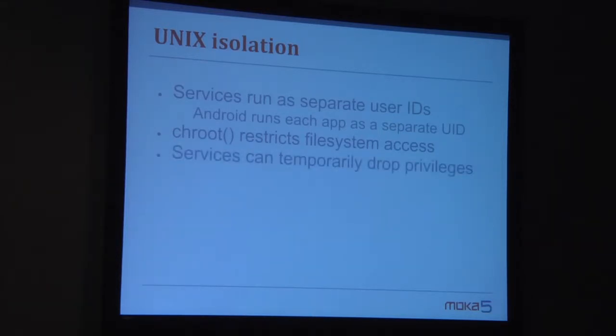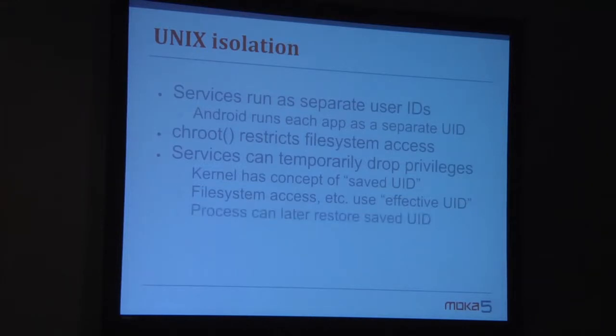And the services, there's a facility for saving your user ID. This is another type of sandboxing, where the application is trusted, but maybe you're taking in a file name that you're passing in from a user. So you save your privileges, you drop to something with lower privileges, you try to open the file, and then the kernel checks you against your lower privileges. Then you can restore that existing user ID.